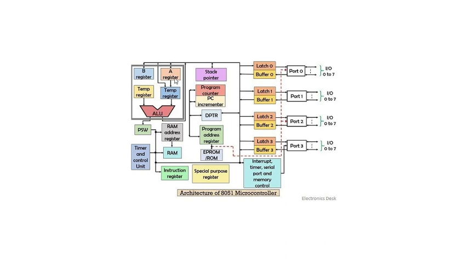It holds the source operand. An operand is nothing but the data on which an instruction is going to be performed. That means the source operand is the source data on which the instruction is going to be performed. So register A is going to hold the source operand, and it receives the results of the arithmetic